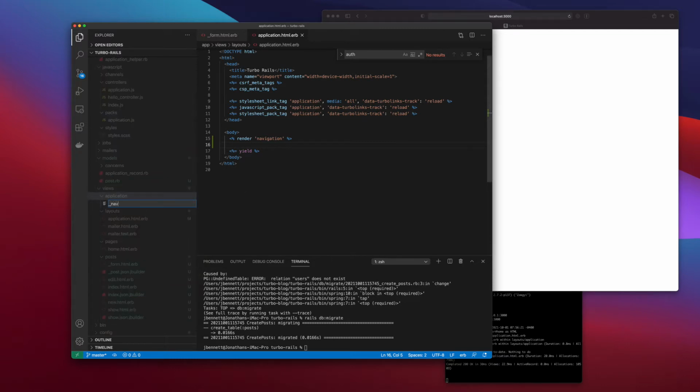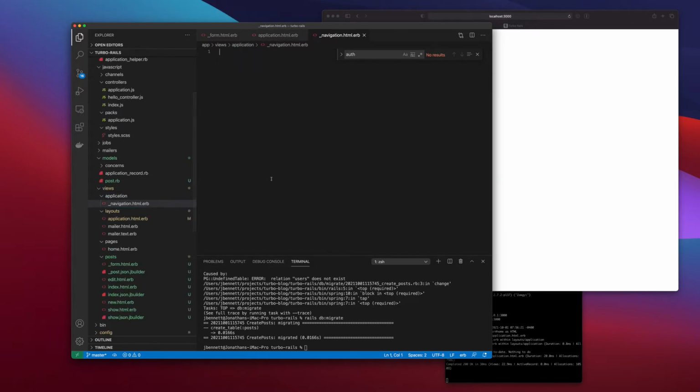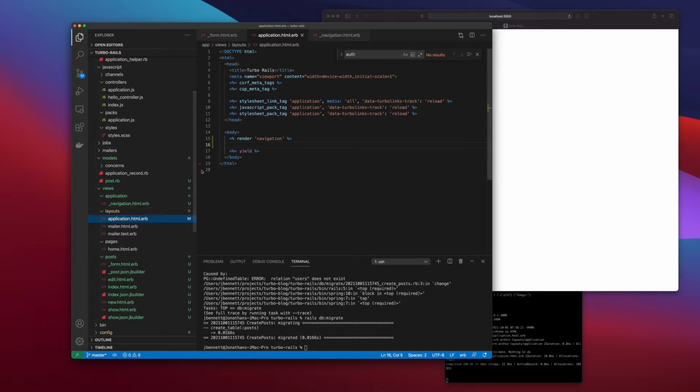And we have underscore navigation.html.erb. And here we're going to have an unordered list. And we are going to do a list item, and we're going to link to the, actually, let's undo all that. Let's actually make